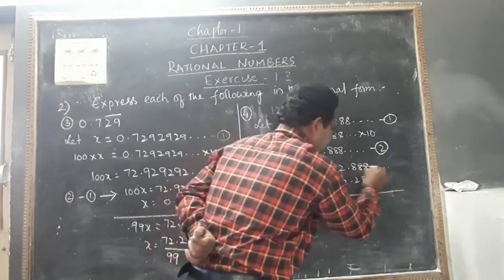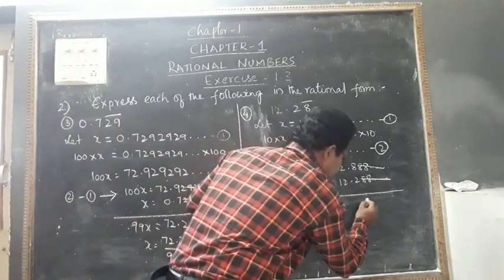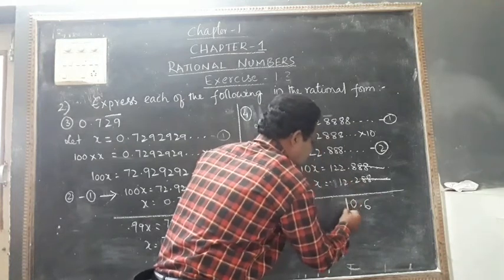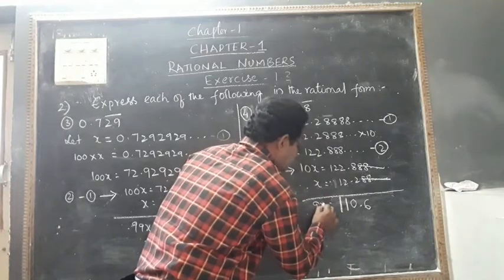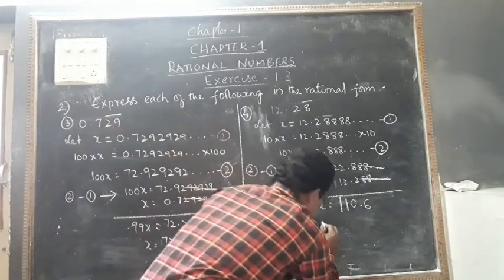So here the 88 will become 0. 8 minus 2 is equal to 6. Point 2 minus 2 is equal to 0. 2 minus 1 is equal to 1. This is equal to 10x minus x is equal to 9x. 9x is equal to 110.6. That means x is equal to